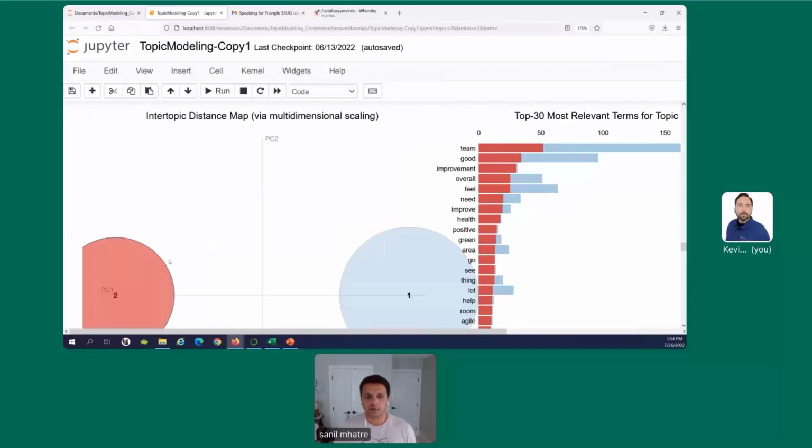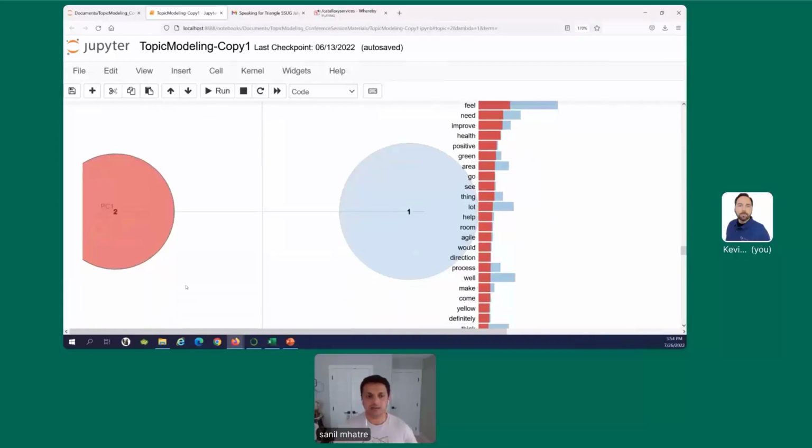What you are looking for in an intertopic distance map is that the circles that represent each and every topic are large and spaced far apart from each other. You don't want one large circle and a bunch of really teeny tiny little circles. You also don't want circles that are smushed together, that are touching each other, that are overlapping with each other. As we iterate through model training, we'll see how that helps us identify a good topic model.